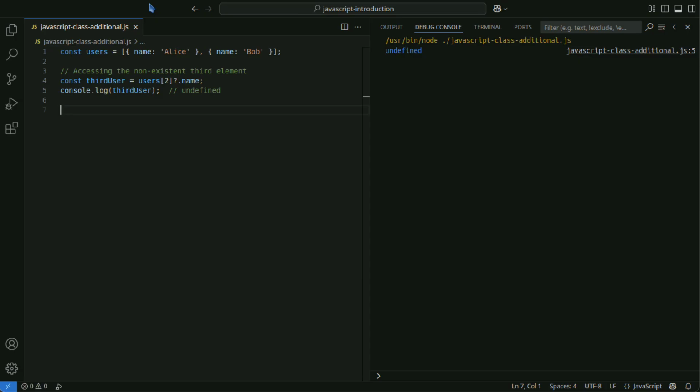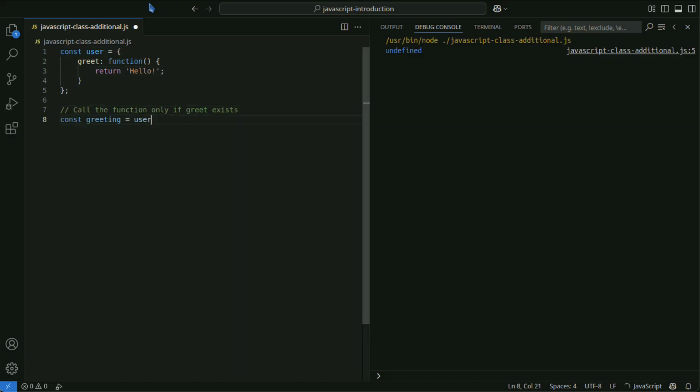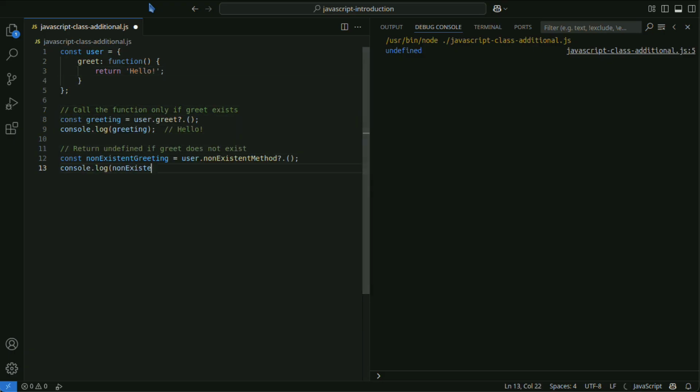In this way, you can also access array elements using optional chaining. As shown in this example, it can also be applied to function calls.